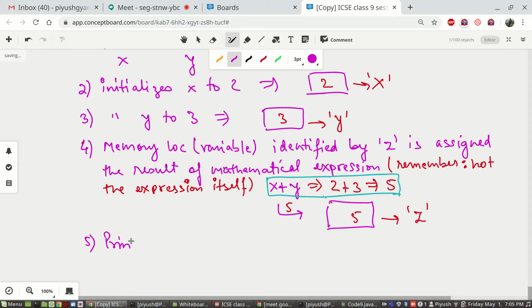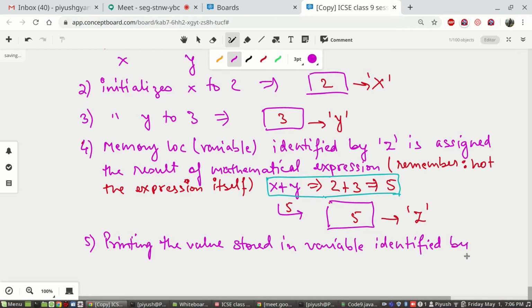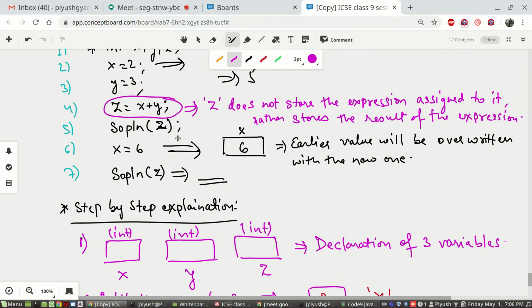Next line, the value stored in the variable identified by Z is displayed on the screen or your monitor, which is also known as at times the console. So that will be the effect of line number 5.